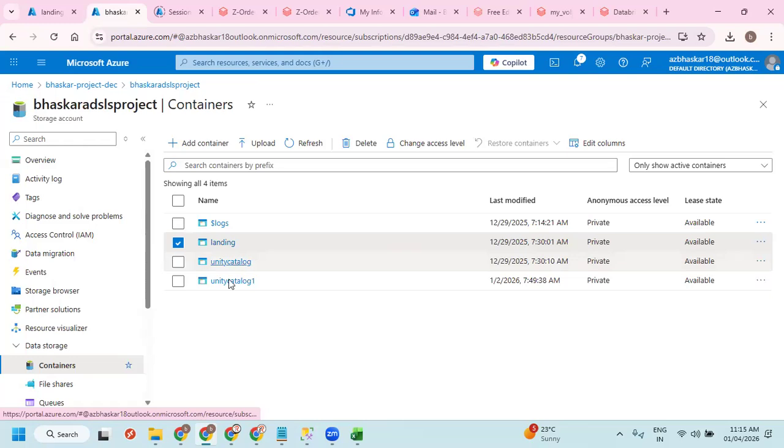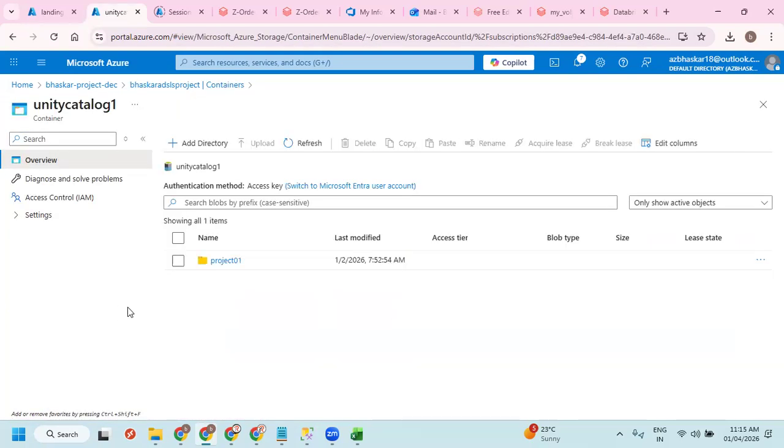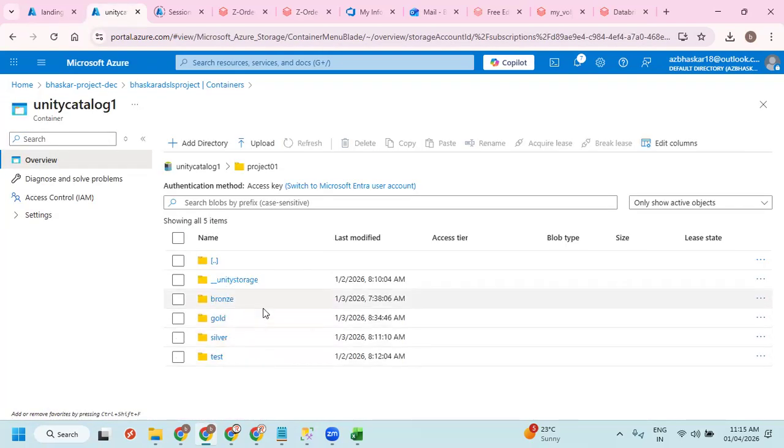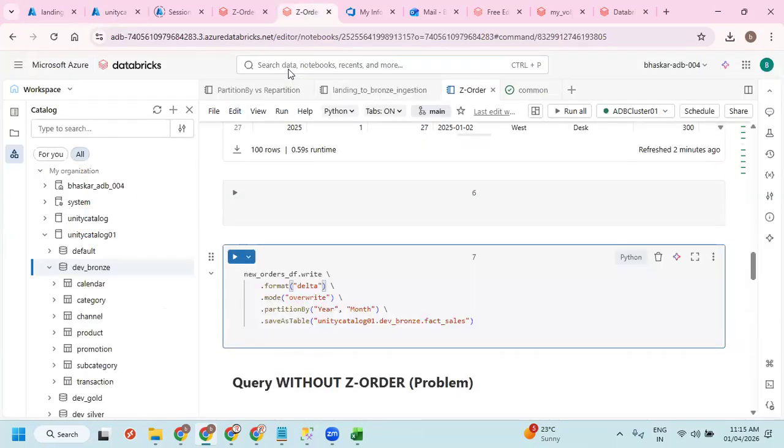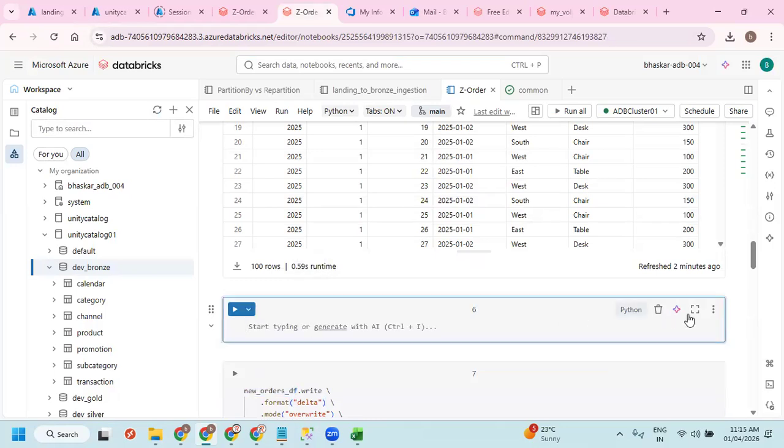Let me go to the containers, Unity Catalog 1, Project 1. So I have a branch schema. In the branch, I don't have a fact underscore sales that I'm just going to get from here if I run it. So new order sales is available.